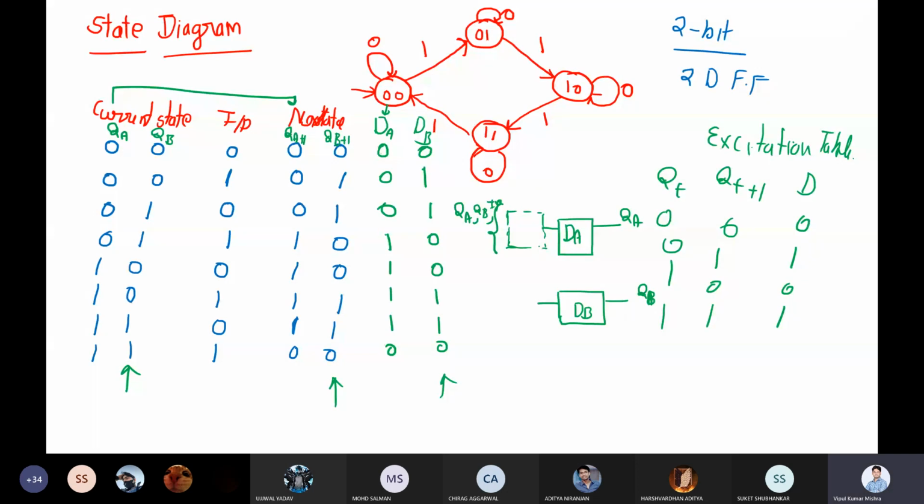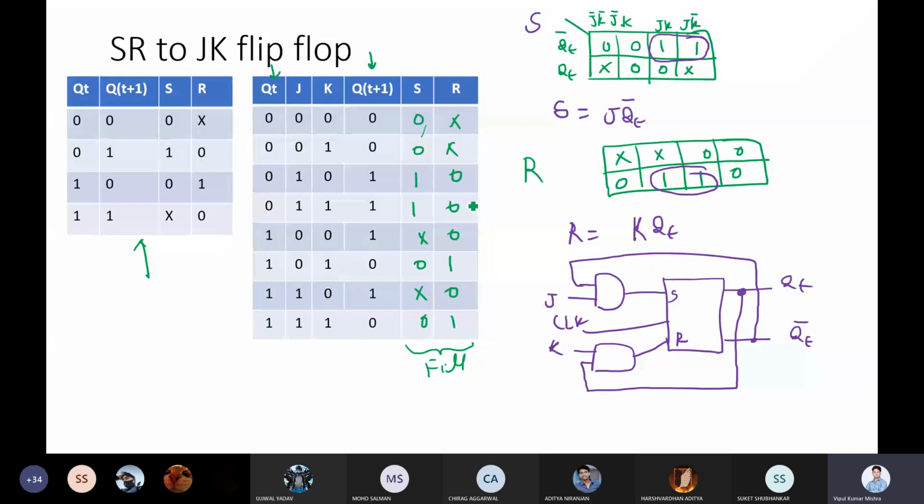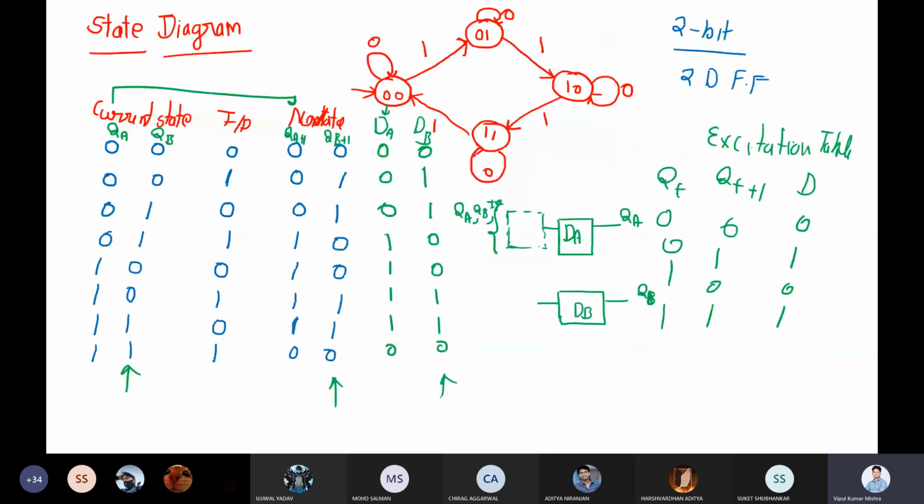That we have seen while we did the flip-flop conversion. In the flip-flop conversion, I wanted S and R as outputs because SR was available. Here, simply DA and DB are available, but the inputs are, instead of the flip-flop, QA, QB and input. With the help of these inputs, we can produce the appropriate input value for DA so that the next output will be QA plus 1.